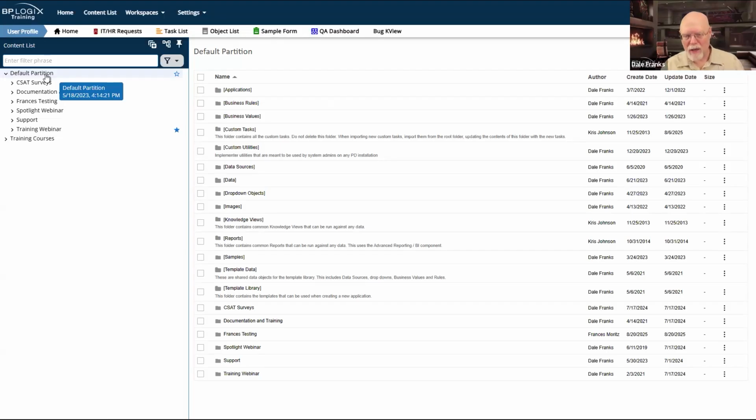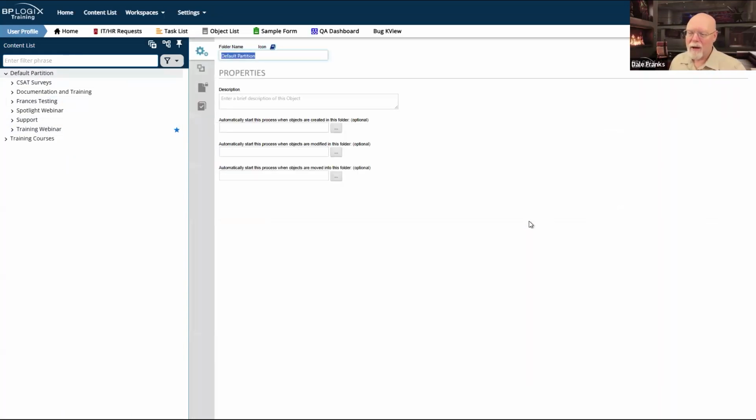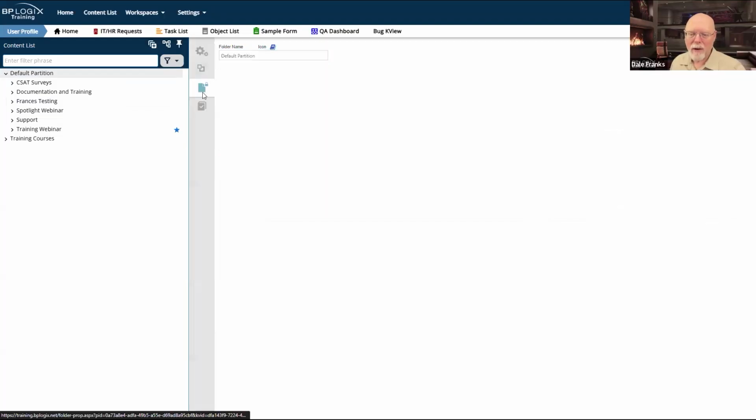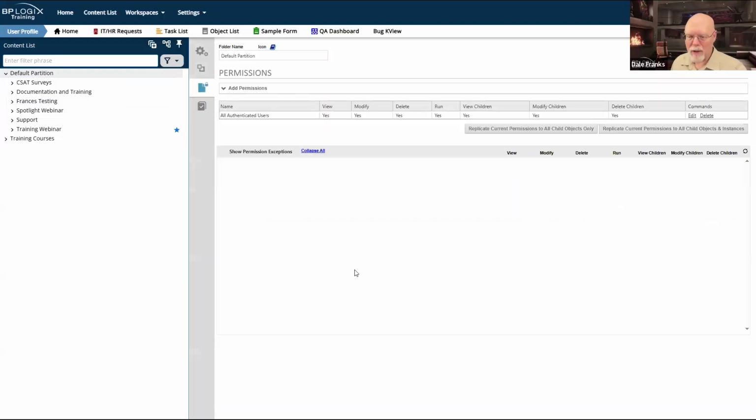Now, obviously, a staging and development server are going to have much looser permissions than your production server. But in general, on your production server, you want to go as high as you can in the content list, which in this case happens to be the default partition. Go into the properties of that partition and look at your permissions.